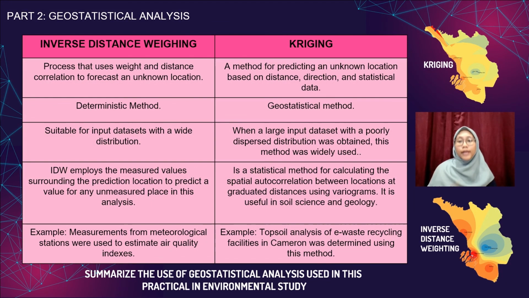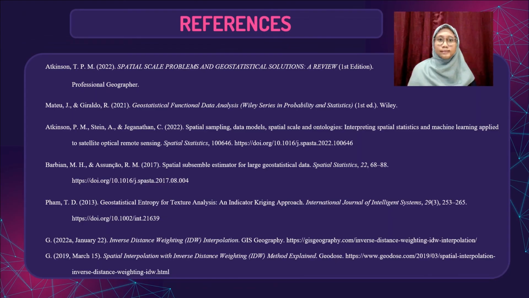And lastly, for the example for inverse distance weighting, measurements from meteorological stations were used to estimate the air quality index. And for kriging, the example is topsoil analysis of e-waste recycling facilities in Cameroon, which was determined using this method. These are the references that I